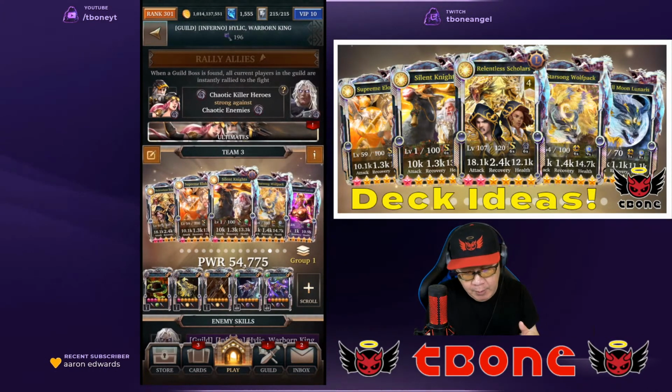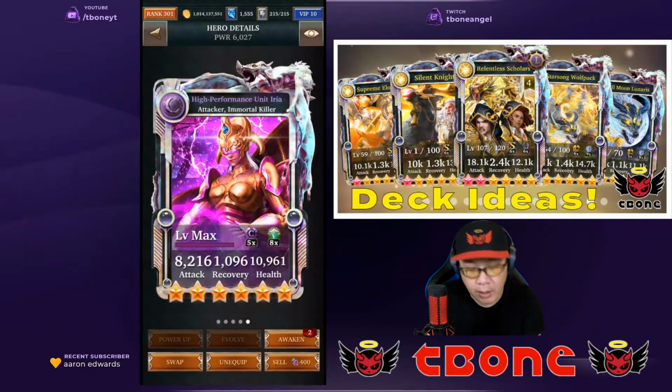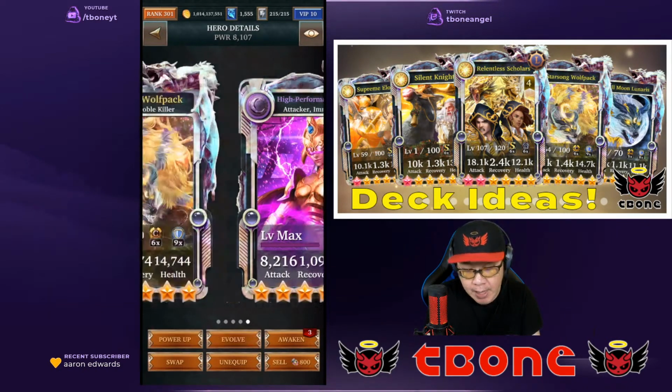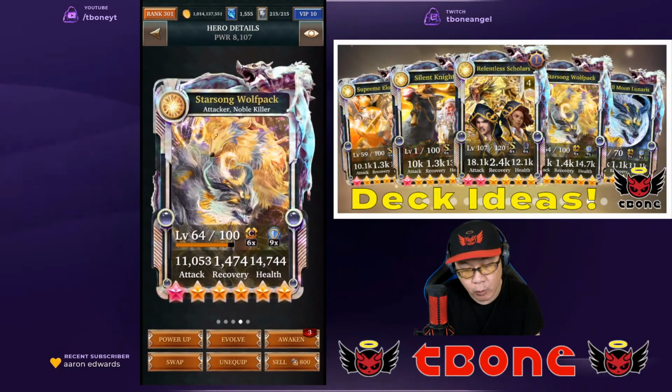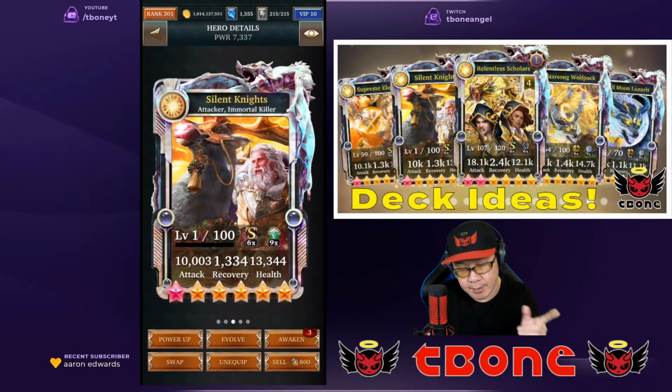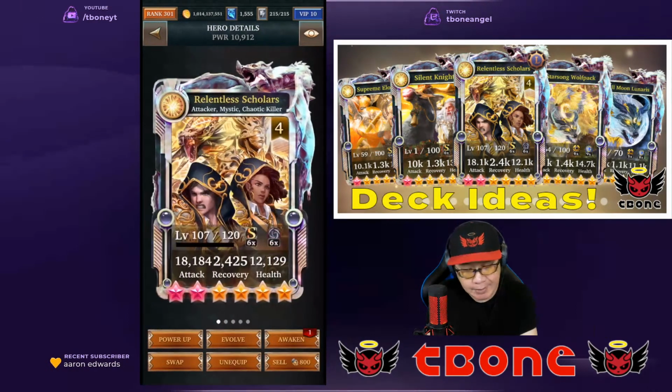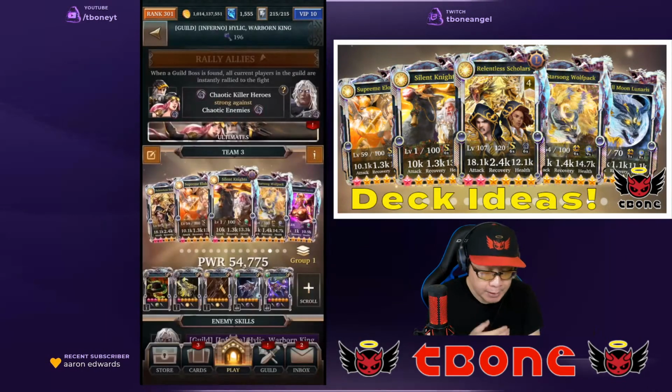The next team I've set up, I'm using High Performance Unit Area as an immortal killer booster for my Santa. Okay, and I'm also using Starsong Wolfpack in here for the upgrade. And Silent Knights is the one I'm going to be upgrading because this is an immortal killer card. And so again, basically it's the same setup here, except I took out